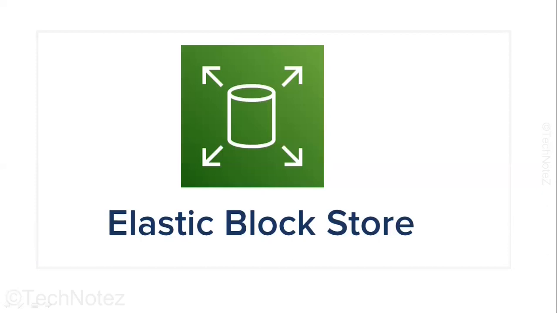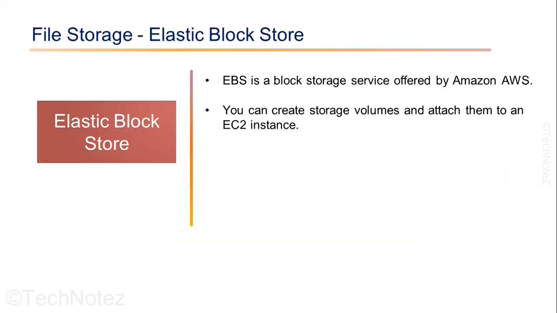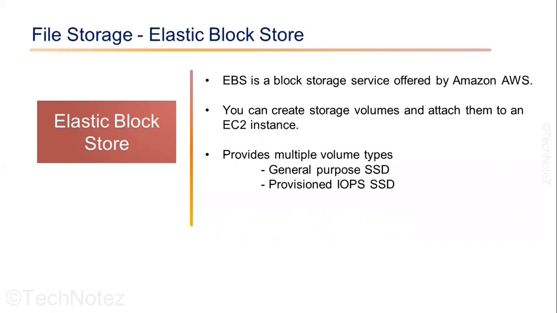Next, let's talk about Amazon Elastic Block Store. Elastic Block Store is a storage service provided by AWS. Elastic Block Store is designed to be connected to a single EC2 instance and can scale to support petabytes of data and multiple volume types. With EBS, you can create storage volumes and attach them to an EC2 instance, which allows you to persist data even after an instance is terminated. EBS provides several different types of volumes, including general purpose volumes. These are suitable for a wide range of workloads and are a good choice for boot volumes and small to medium sized databases. Provisioned IOPS volumes.